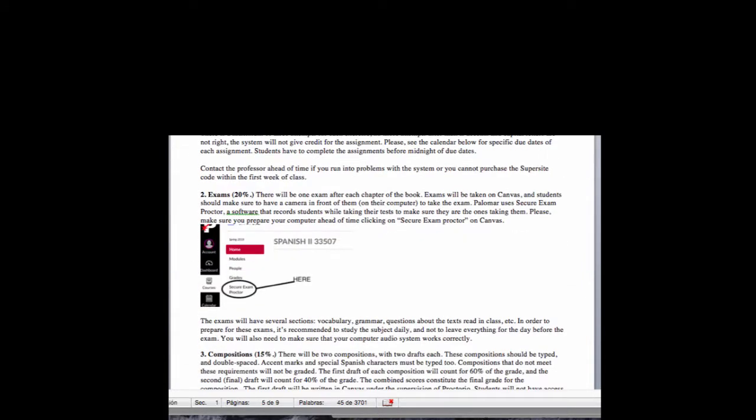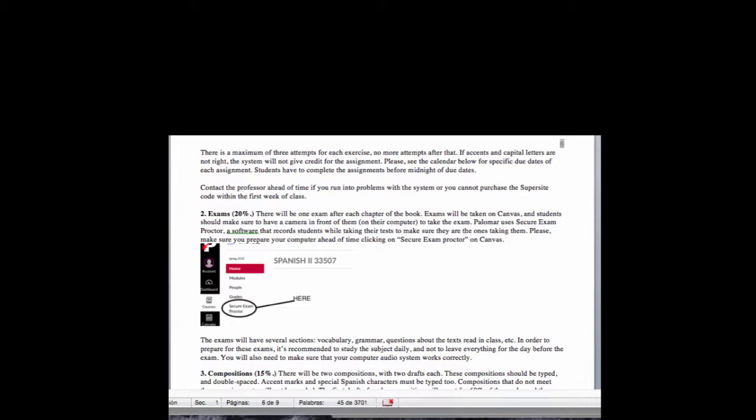There is one exam per chapter, and to take these exams, you need to do it with Proctorio. Proctorio is a secure program that will record you while you take the exam. It's a little uncomfortable, I know that, but it's important to make sure that you're the one taking the exam and that you are not using your book or any other document. These are closed book and no notes exams, so we need to be really serious with it, and I'm going to ask you to be patient with it.